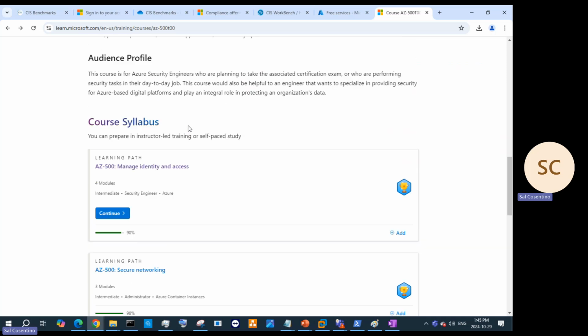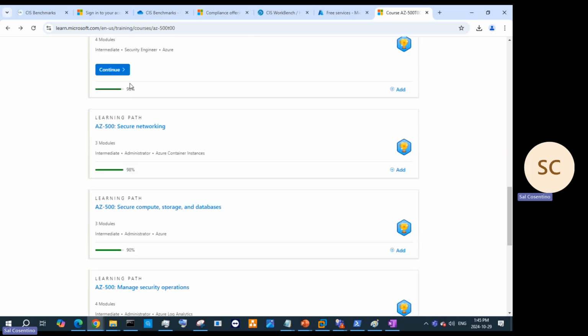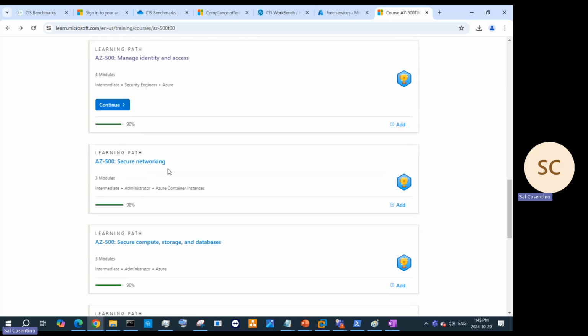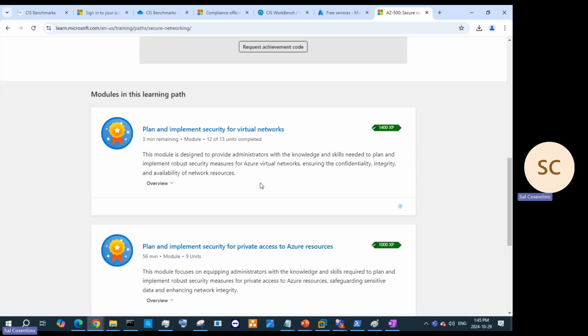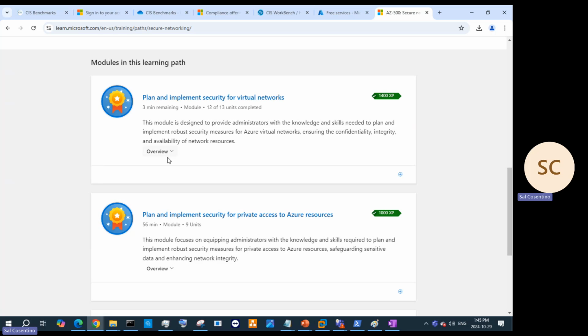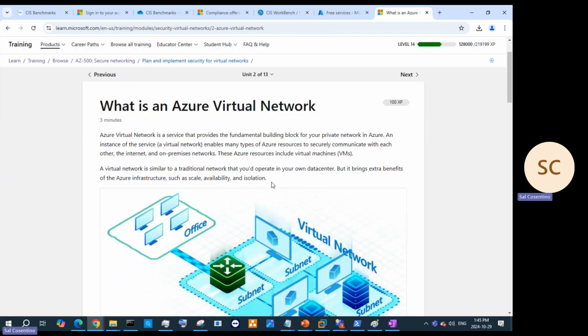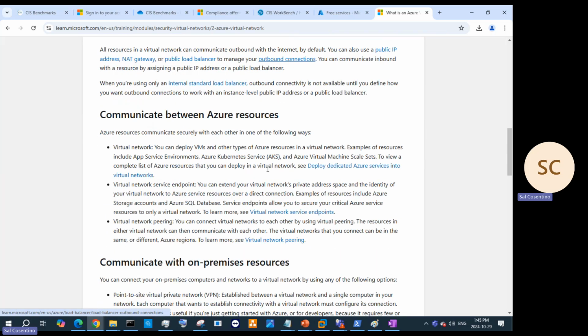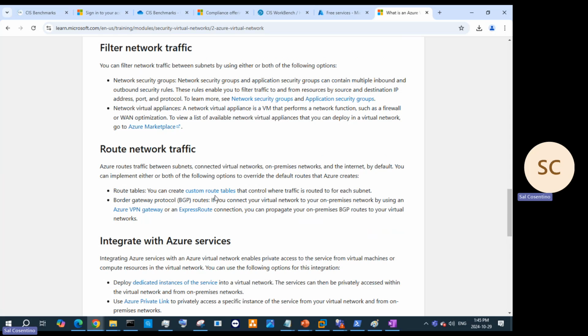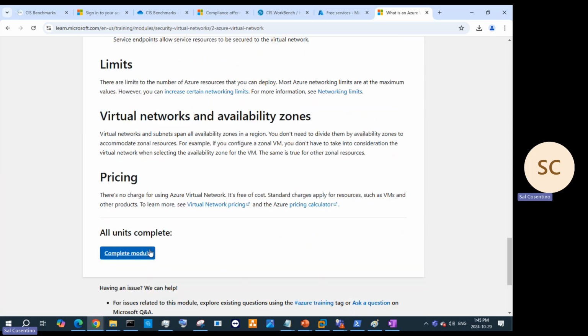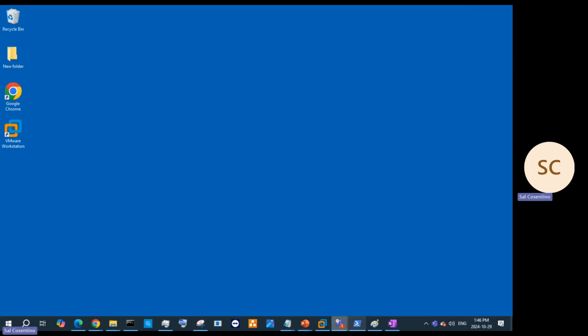So again, take that. You can watch the videos here and complete the modules for security engineer, container instances, networking, right? The different modules within here. You can implement these and work with, for example, what is an Azure virtual network, right? You can create your own network if you want. Sometimes they do have sandboxes in here that you can use, right? And you get to use the networking pricing, networking limits, pricing calculator, et cetera. So moving on,